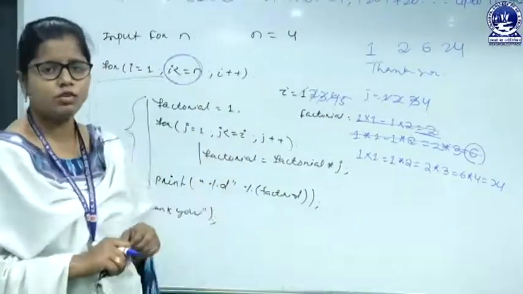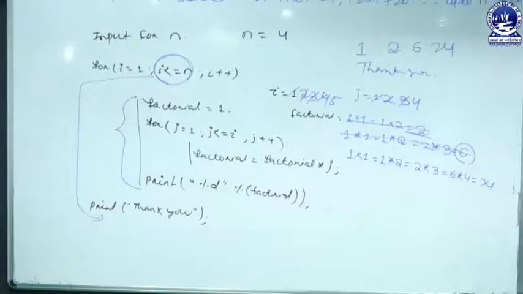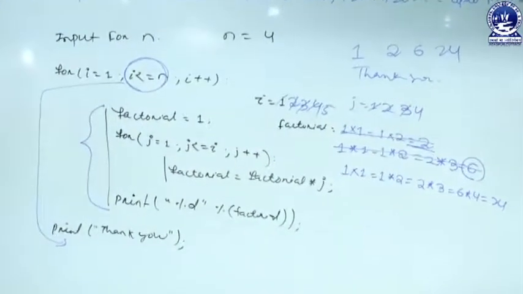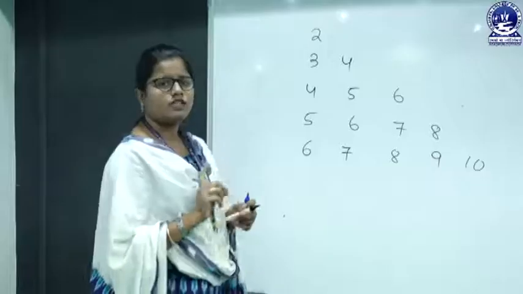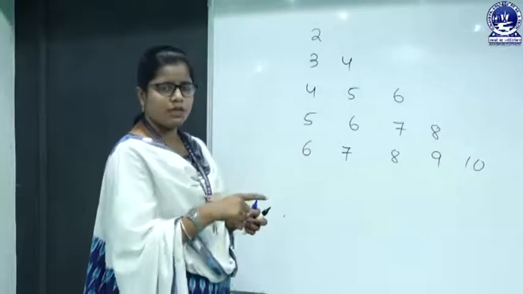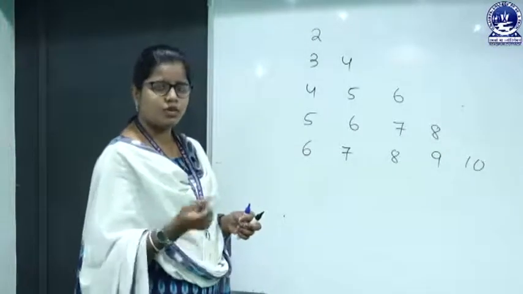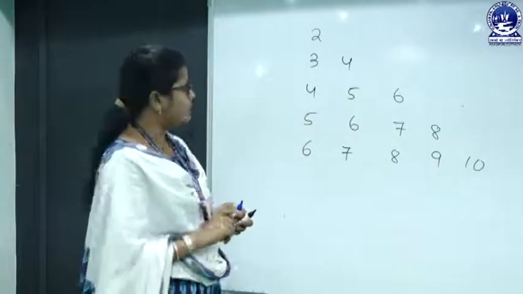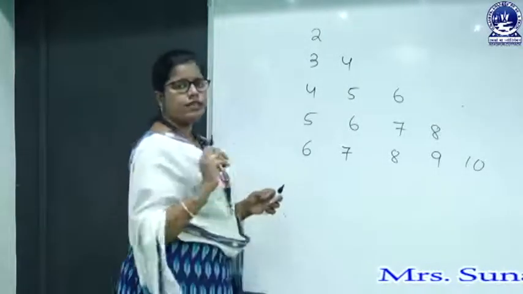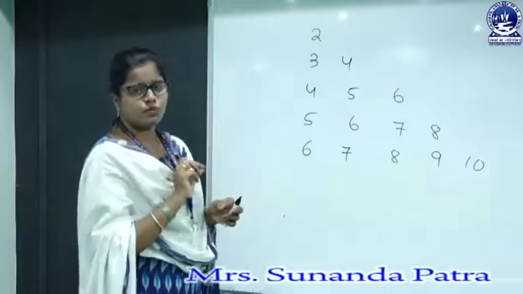So this is the pseudocode for printing a number series, that is 1, 2, 6, 24, 120 and 720, up to nth term. Suppose the next question is to print the pyramid here. So this is our pyramid. We have to write the pseudocode for printing the pyramid in our display script. Suppose here we are starting with 2. So let's have a look into the positions here.